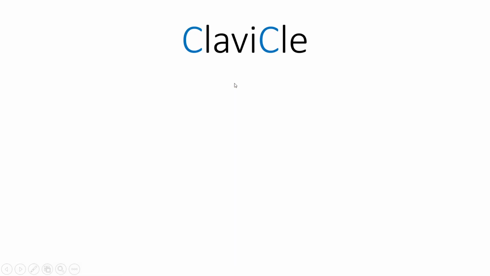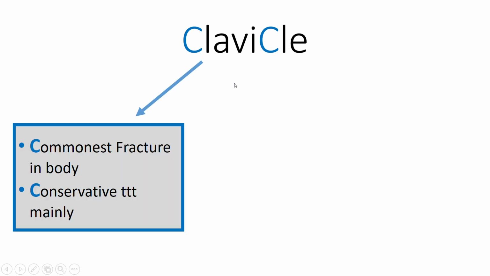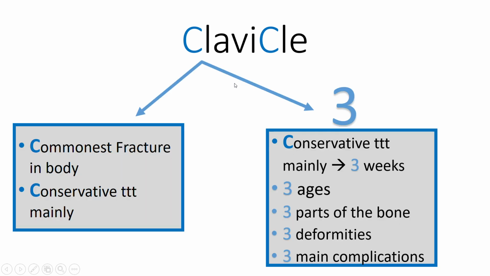So we have known all the clues in the word clavicle, the double C's, and all the clues underneath number 3. Conservative treatment, figure of 8 bandage or broad arm sling for 3 weeks. There is a trimodal age distribution. The clavicle is divided into 3 parts, and it's usually associated with 3 main deformities, as shoulder drop